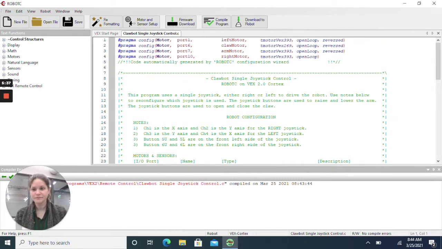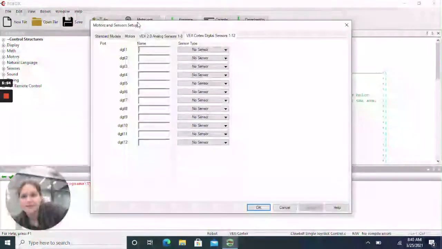Okay. So first thing that I want to talk about is just how all of this stuff gets set up if we're not doing a program where we're just using a sample program. And that is this button up here that says Motor and Sensor Setup. If you click that,